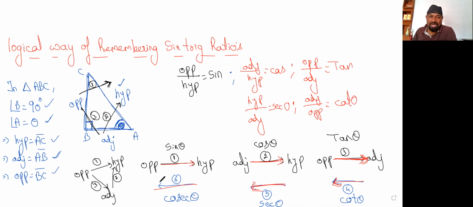The last relation, going in the reverse direction, is hypotenuse to opposite. We call it cosecant theta. So these are the pairs we have. This is the mapping to remember all the six trigonometric ratios. Hope you are able to